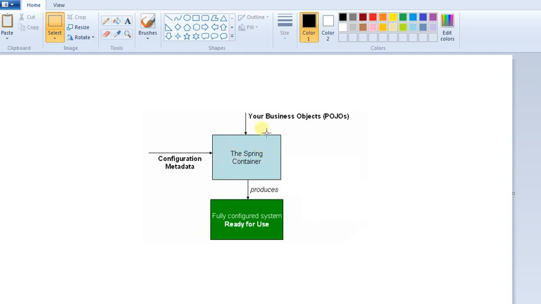So these two things come to the Spring container, and that container will be responsible for instantiating, configuring, and assembling all the objects, all the beans. So that's the basic concept of dependency injection or inversion of control.